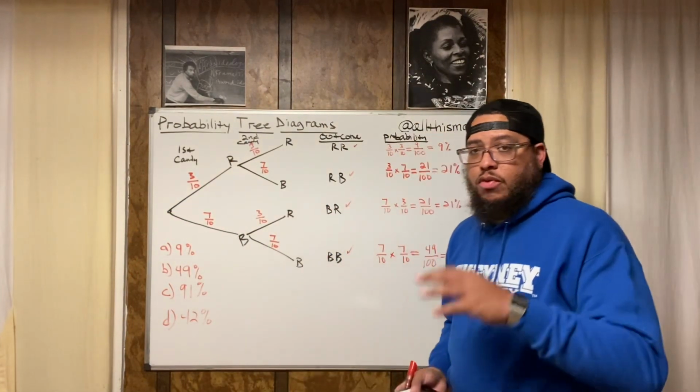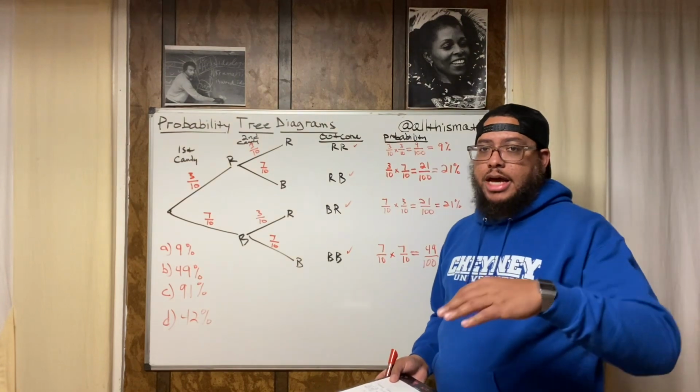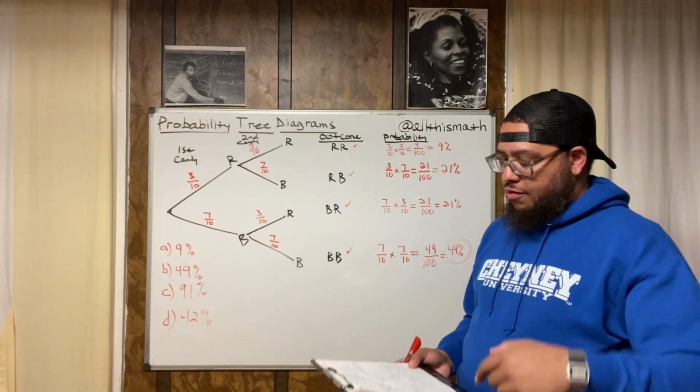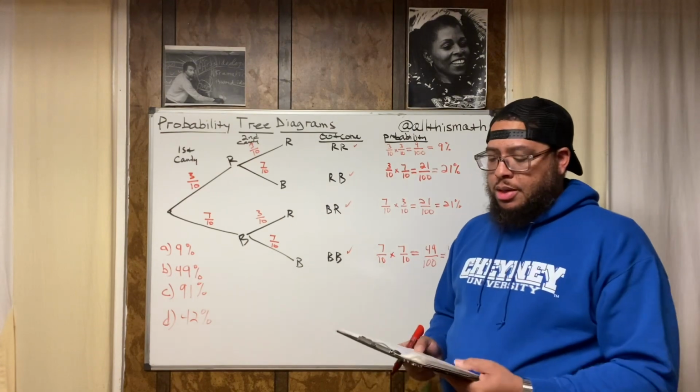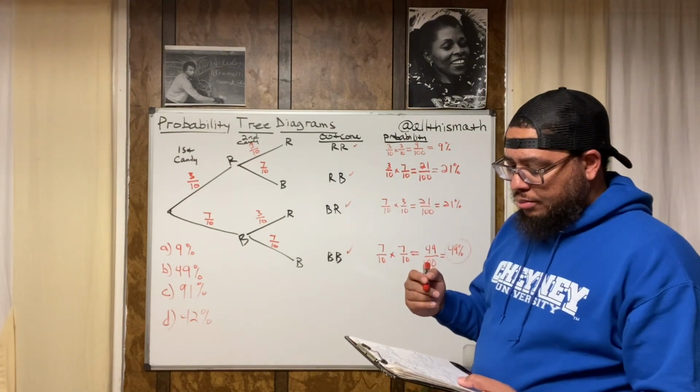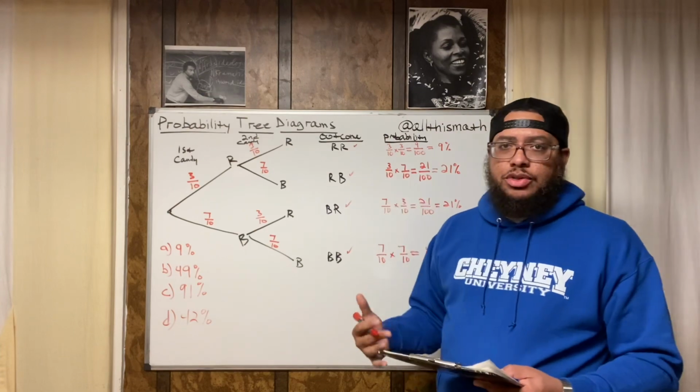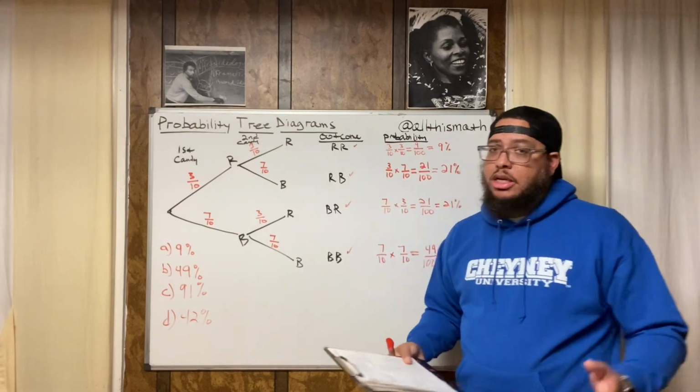And as I said, the original word problem is typed in the description underneath the video for you to read. I don't know if you want to copy it down, screenshot it or whatever, right? But anyway, this is like an introduction to probability tree diagrams. I'm telling you, they're very useful.